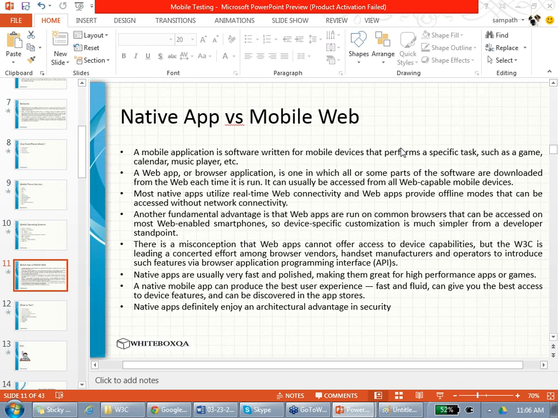Is there a back button on Android? Sorry, iPhone. Is there a back button on iPhone? Where is the back button on iPhone? On the phone I'm asking, I'm not asking on the app. On the phone. Is there a back button on Android? On the phone itself, is there. So every app should support it.